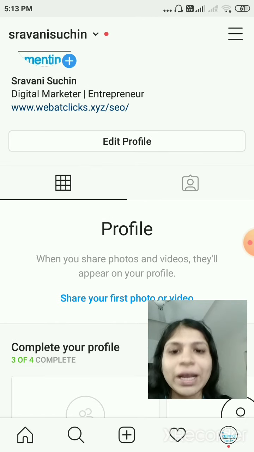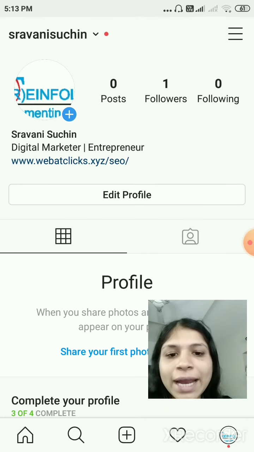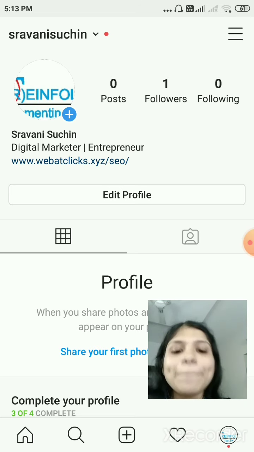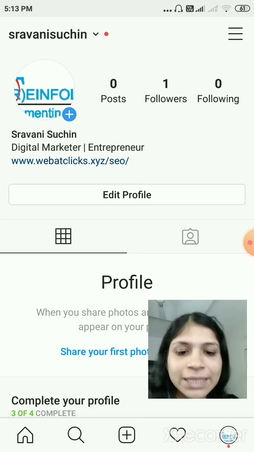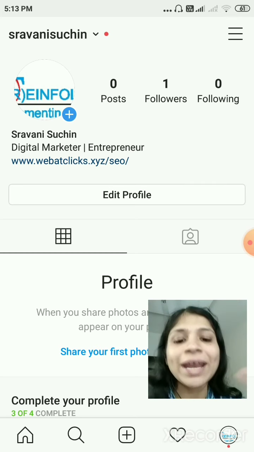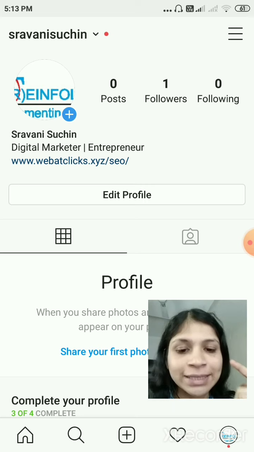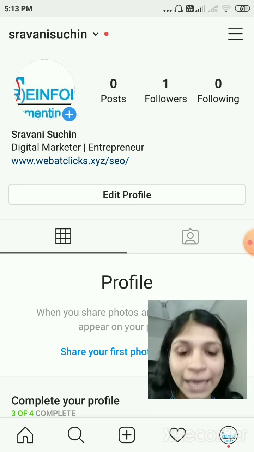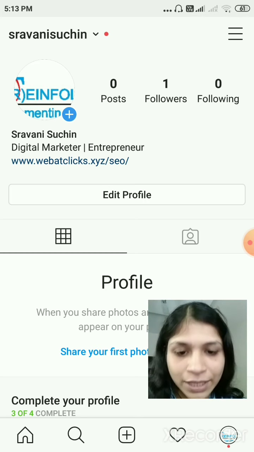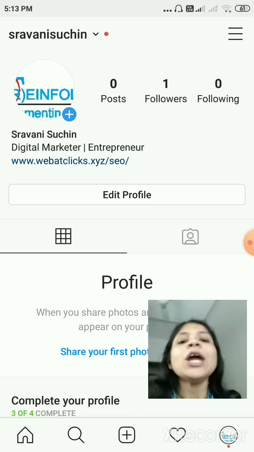Go to your profile. Here, except the edit profile button, you are not able to see any tabs. But for the business account, you want to analyze, you want to see the insights of the behavior of the people: how many people a particular post has reached, how many people have reacted to it, how many insights have happened.